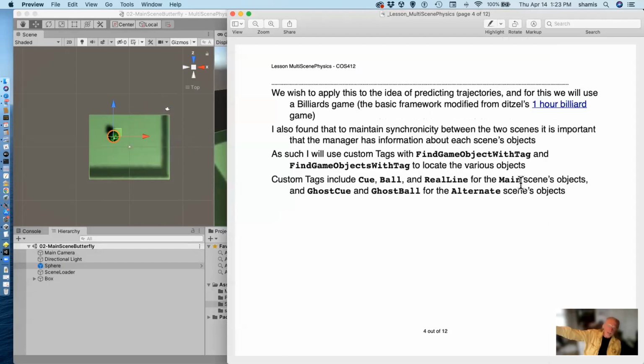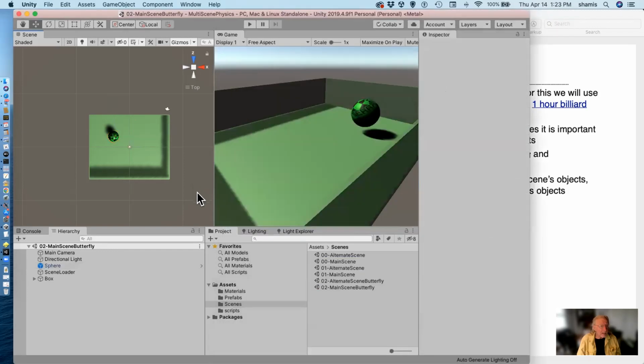So with this idea of predicting trajectories, I thought I could apply this to a billiard game. And I found a simple framework from a guy named Ditzel, his 1 hour billiard game. He claims he built it in 1 hour, and it's entirely possible. But let me get that scene going here. Quit this one and